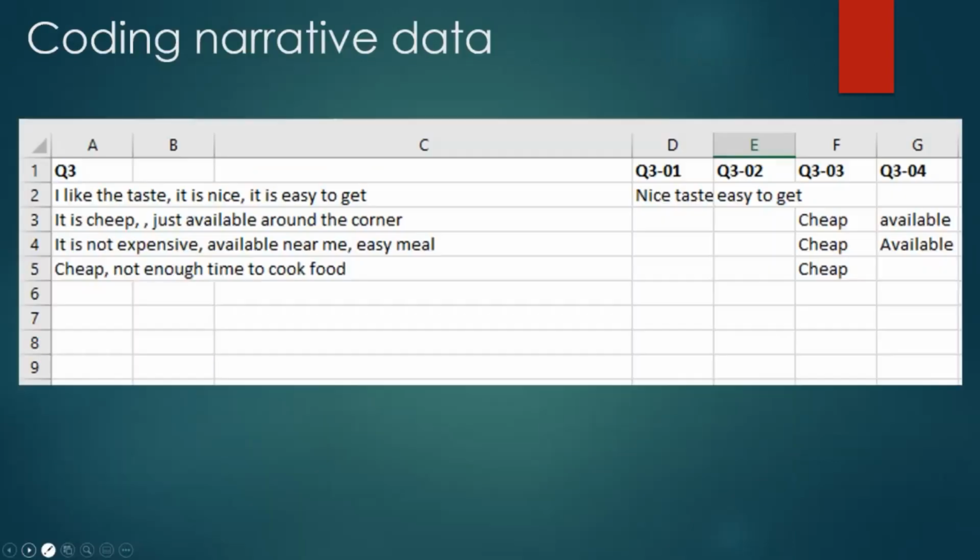Now I must warn you that this is where the coding was done. Coding can be done by somebody who is an expert in that discipline. If you are not an expert in that discipline, you will not be able to do coding. So these are the various words that we think best describe